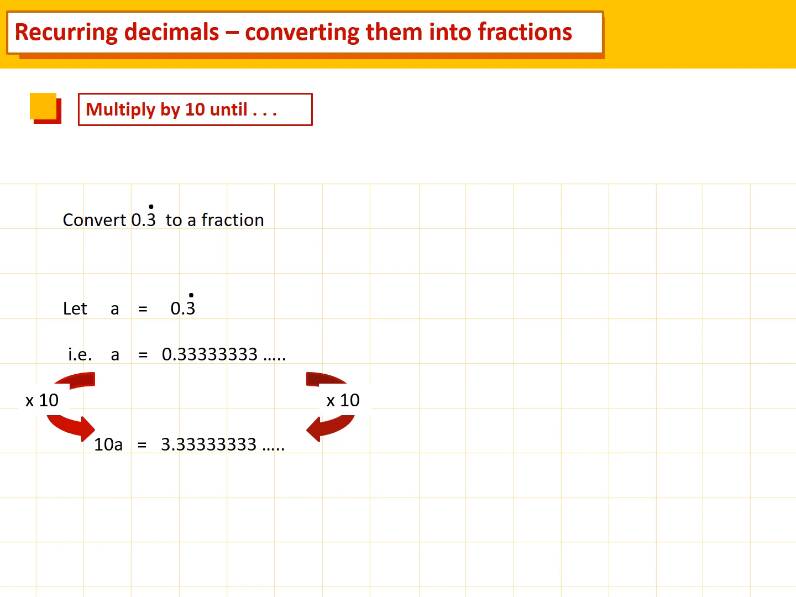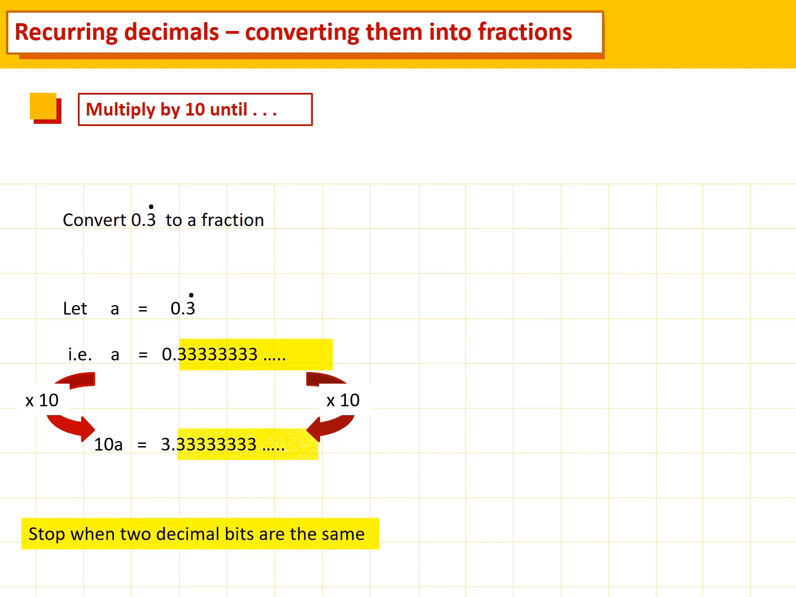So on the left-hand side, A becomes 10A. And the right-hand side, if we multiply it by 10, we end up with 3.333 repeating. And we multiply by 10 until we can see two decimal parts the same. Okay, and in fact, we can see two decimal parts that are the same. When we've got two decimal parts that are the same, we stop there and we use those two